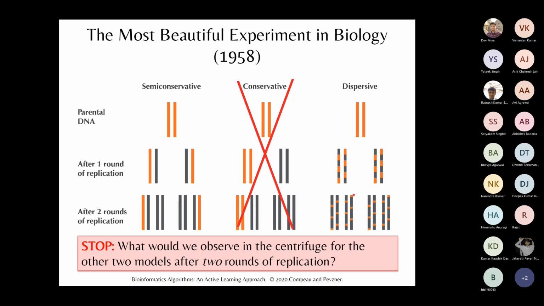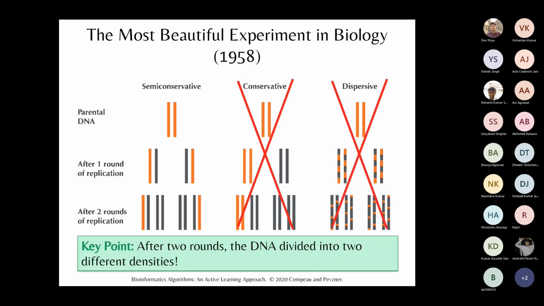Randomly distributed. Exactly. So by actually looking at two rounds of replication, they were able to divide DNA on only two densities and not just a singular density, which would indicate a dispersive replication. So by doing this experiment in 1958, they were able to basically find out how DNA replicates,